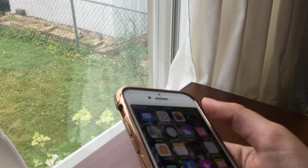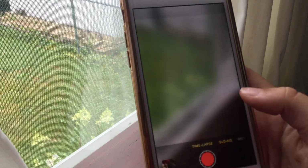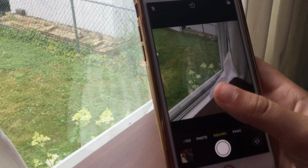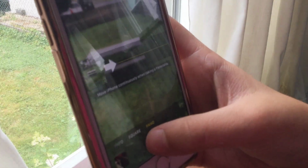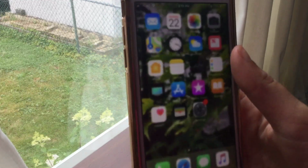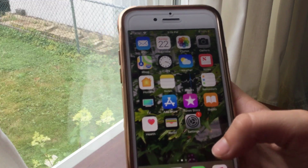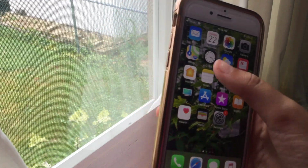We have my camera, which I can show you, which basically has photo, video, slow-mo, time-lapse, square, and panorama. So basically you can just go like this. Oh, wait. So basically that's a panel of this recording space. But yeah. So then we have maps, which also has my location on it, so I'm not going to show you that. We have the clock, which